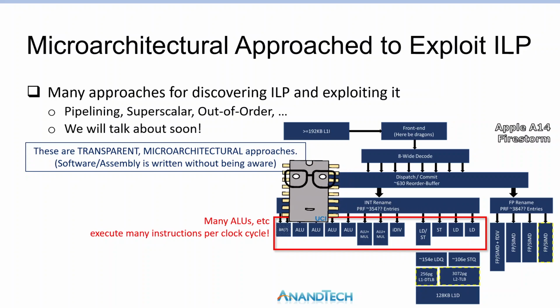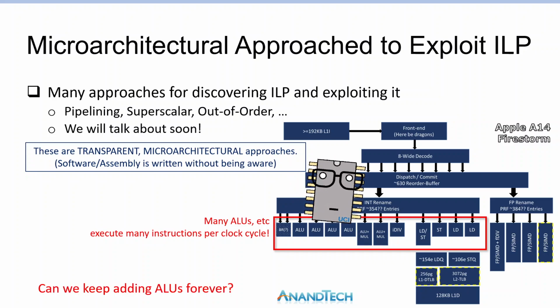So this sounds like a good idea. If the processor can extract ILP from a single stream of instructions, then can we keep adding ALUs forever so that we can trade off chip space for faster single thread performance forever? Unfortunately,